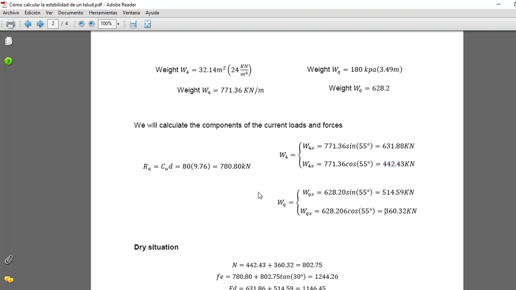And for the components of y in cube, for x, we need to multiply